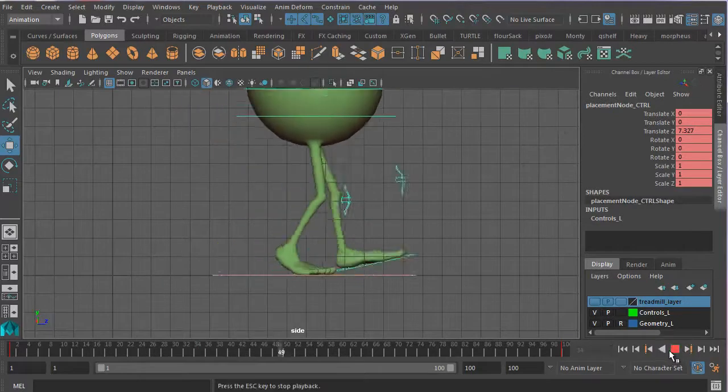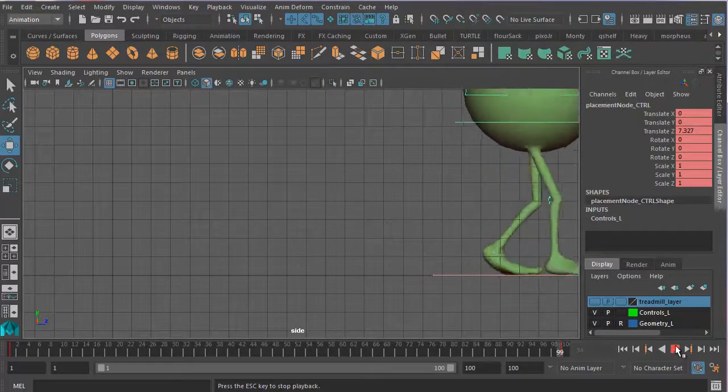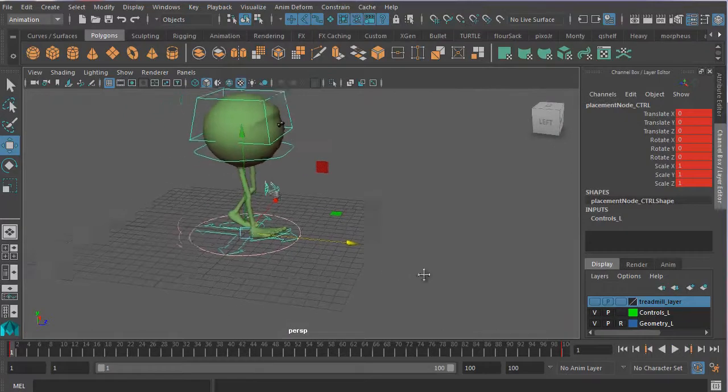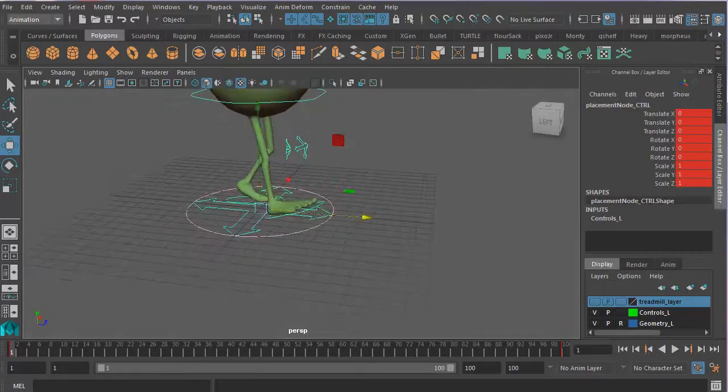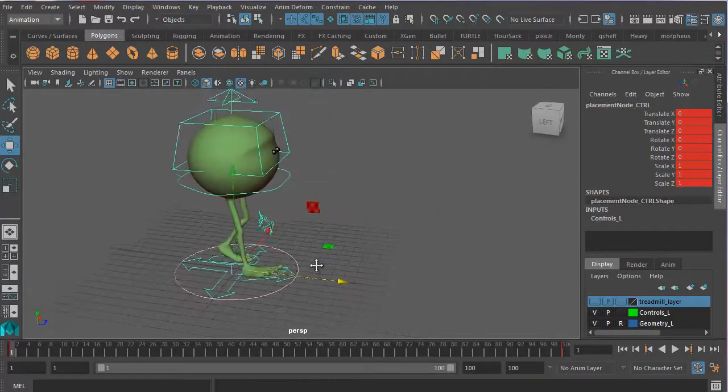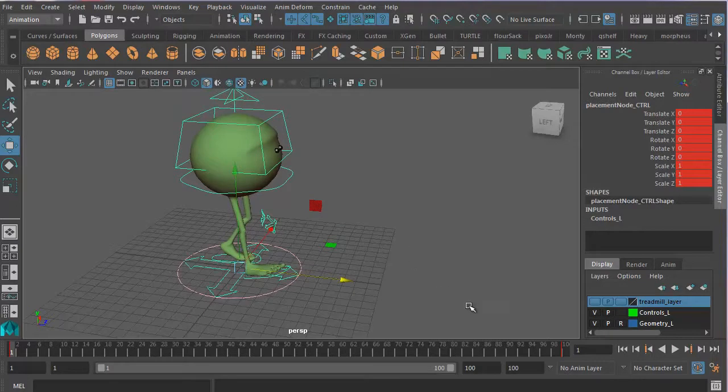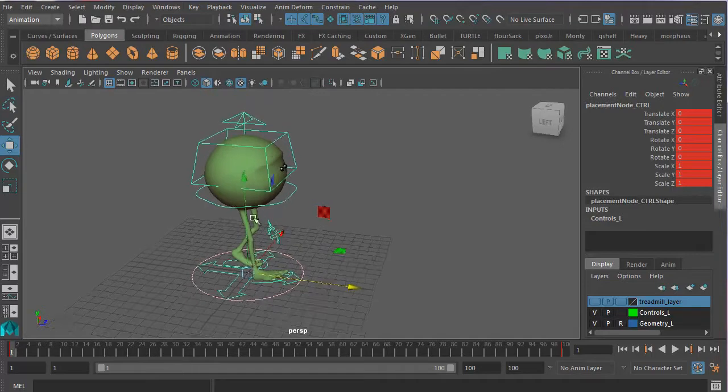But remember that perfection is not for this life. If they're not sliding too much, you're probably okay. And if you really want to get it right, then the final thing that we can do to get everything working perfectly is to bake out our curves, and then you can manually adjust the feet afterwards. So here's how you do that. You select everything,